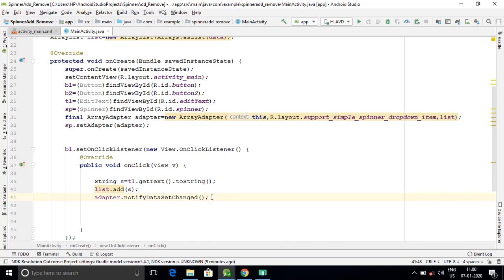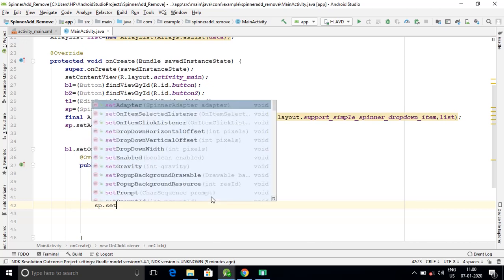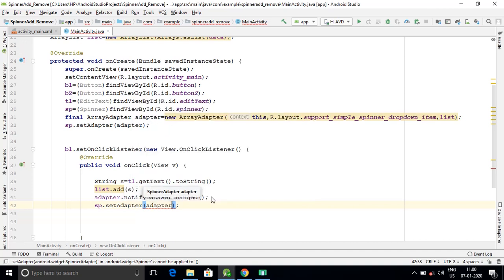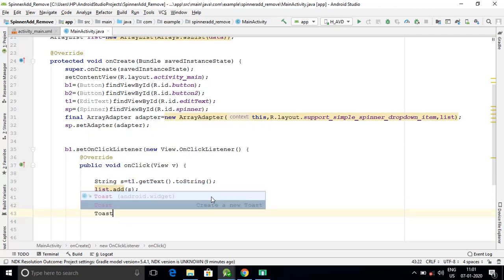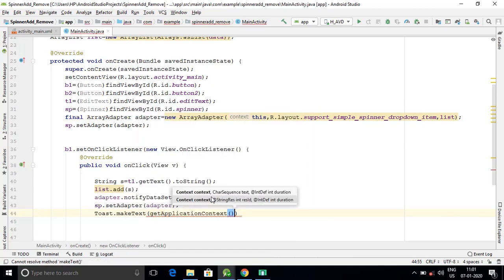Okay? Once this is done, I'll again add a part of code, that is setAdapter. We need to do this again because now there is a change in the adapter's data set. So obviously we'll be writing the setAdapter code again. Once this has happened, we'll just display a message over here. I'll write getApplicationContext, meaning I'm displaying a message with the help of a toast. I'll just tell that item